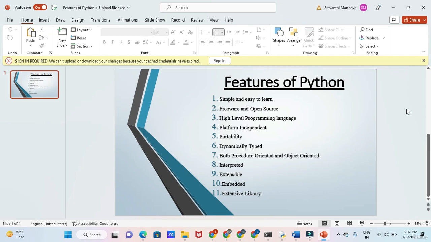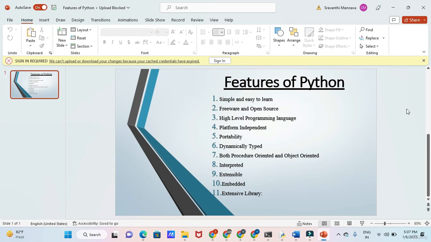That's why, while writing code in Python, we don't need to maintain a semicolon at the end of each line. Along with that, we can write Python code in just one line by using concepts called list comprehensions and all. By combining all these things, we can say that Python coding is very easy compared to any other language. We can reduce the number of lines by using all these concepts. That's why Python is called a simple and easy to learn language.